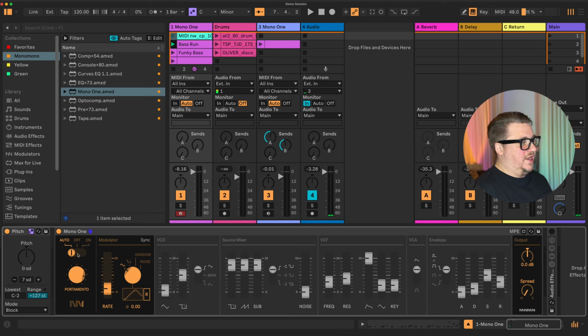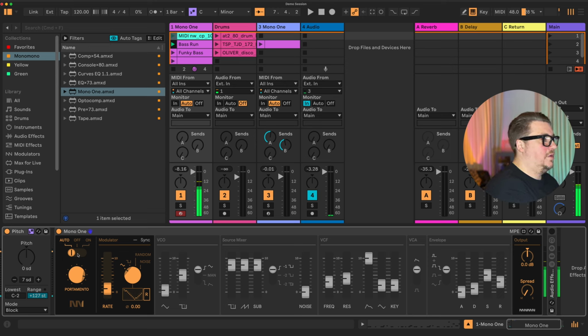It works in a way that if your notes are connected, the Portamento is on and it will glide between the notes. But if you disconnect the notes and they play outside of each other's range, they will just jump instantly. So if we connect notes, but if we just stop playing one of the notes and play the next one,